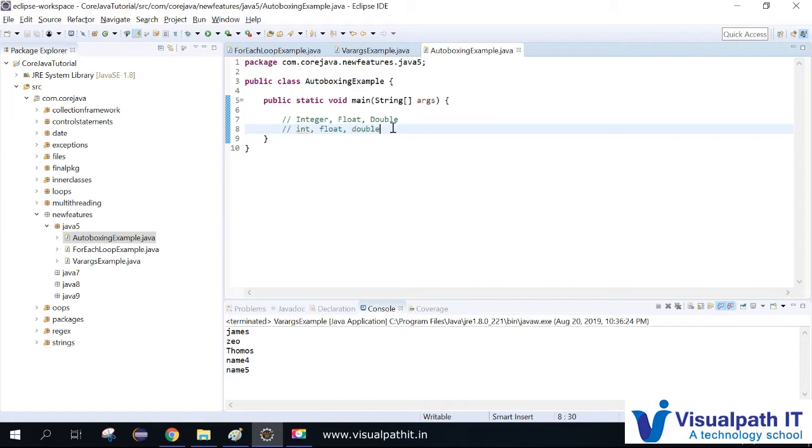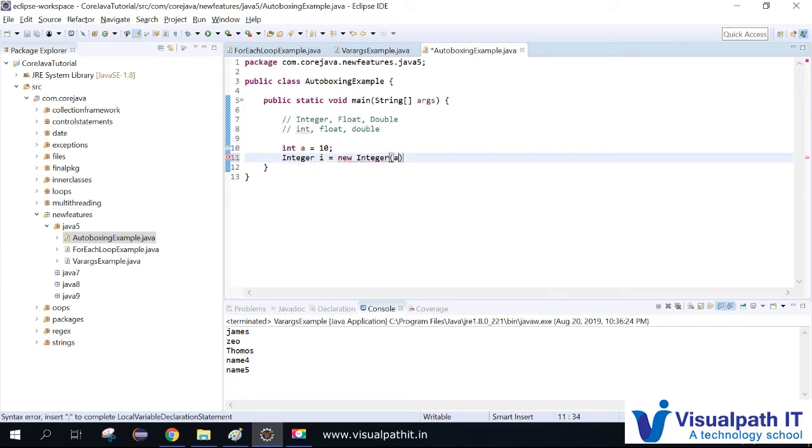Here the topic is autoboxing. So what is autoboxing? I'll be having one integer variable. I just want to convert it to an Integer object, which is a wrapper class. The way to do this is Integer i equal to new Integer(a).